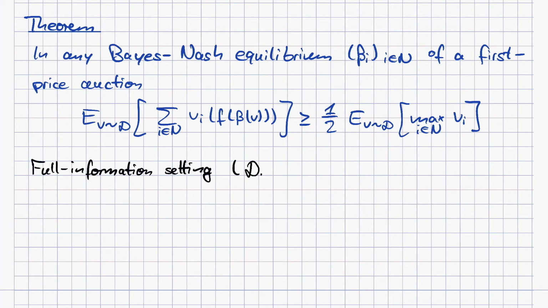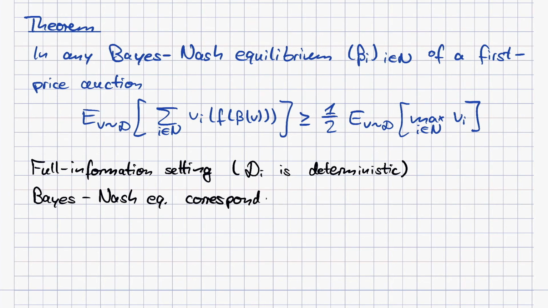This means that Di is deterministic, so it is a point mass, however you want to call this. And then a Bayes-Nash equilibrium is now a pure Nash equilibrium. So the bid vector and the valuation vector are fixed. And then this is truly easy,